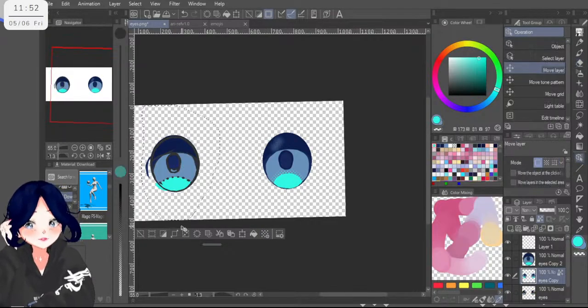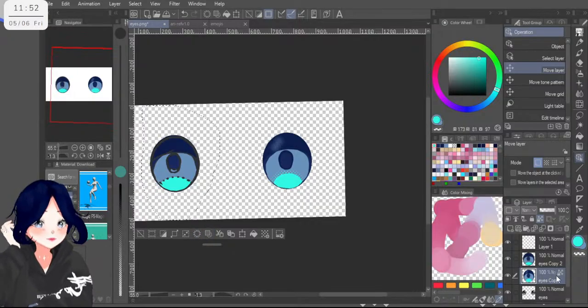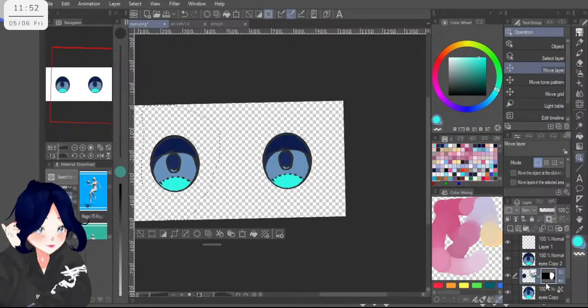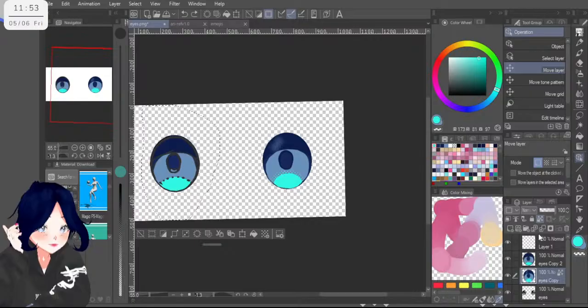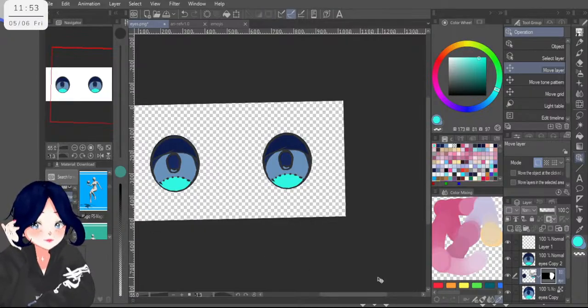And let's erase this right eye, left. Ctrl+C and Ctrl+V. I don't know why it keeps duplicating this like as a mask.